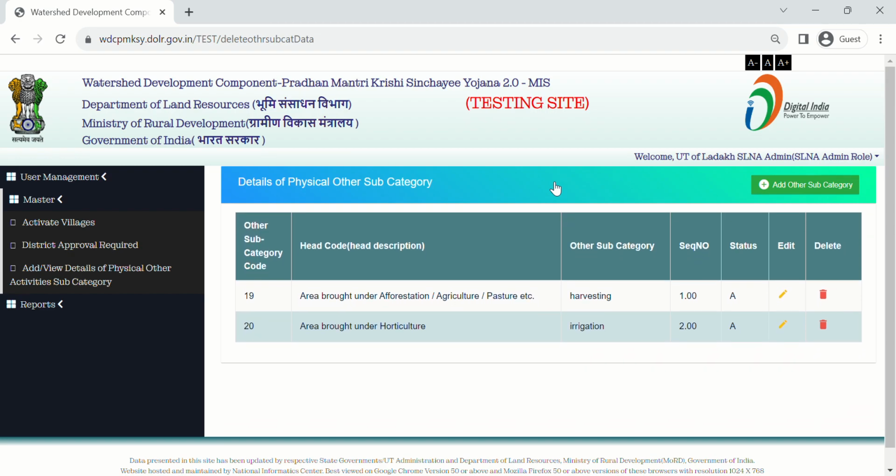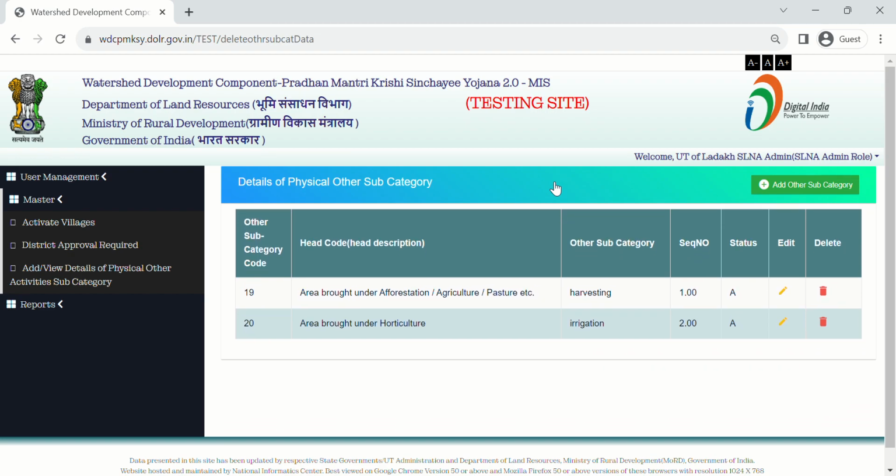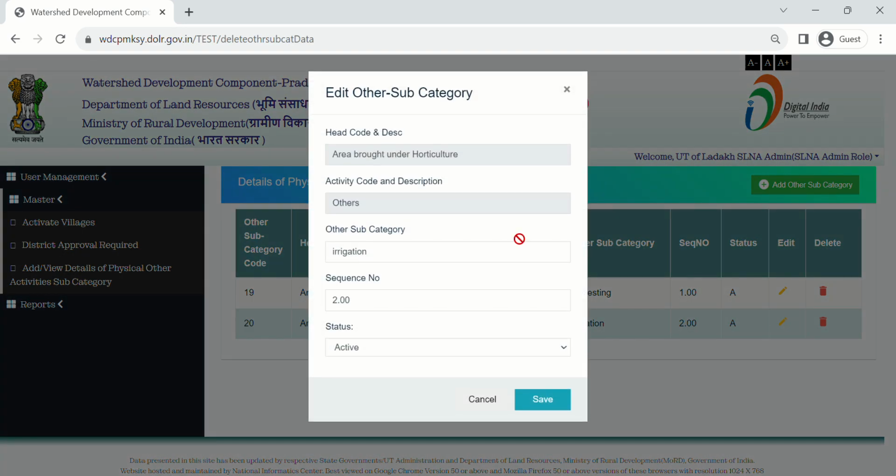If you want to edit any other subcategory, then click on the edit icon. You cannot edit the head code and description, and also the activity code and description. You can only edit the other subcategory name, sequence number and status.